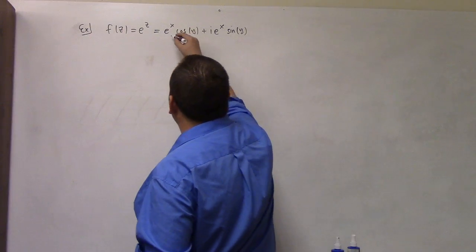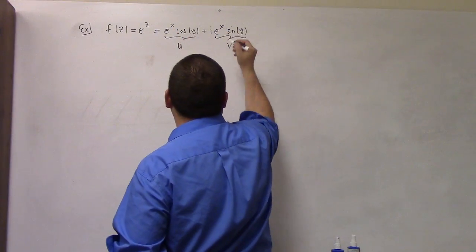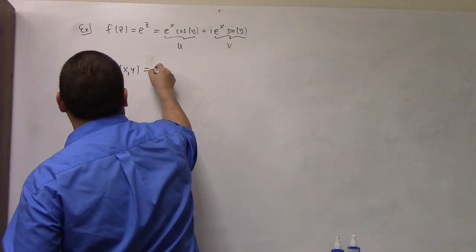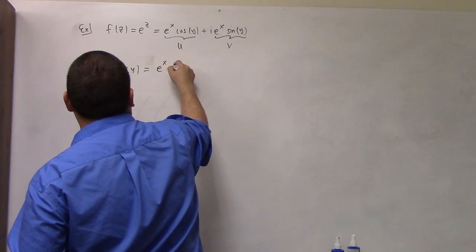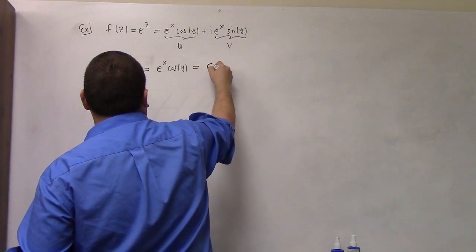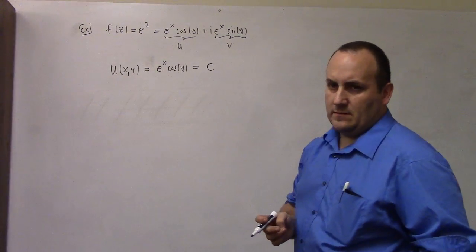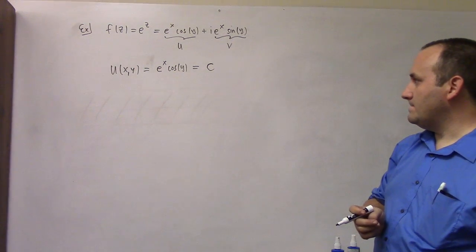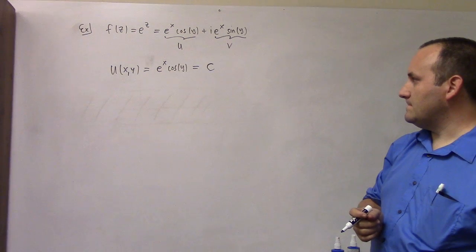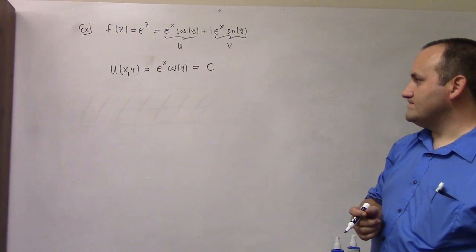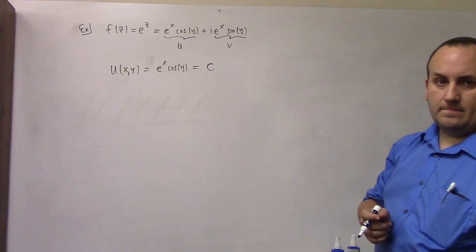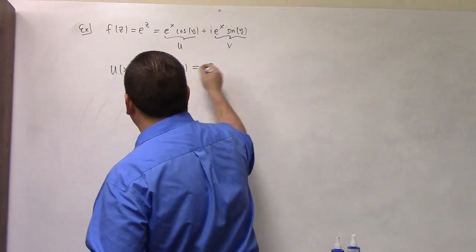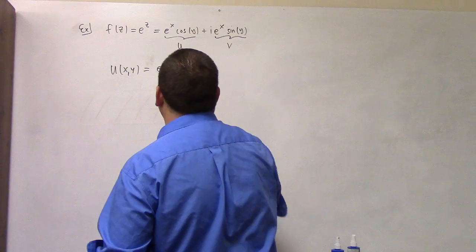All right, so if I look at U, if I look at V, let me just ask the question. If I look at U of x comma y equals a constant, what does that look like? Does it look like anything geometrically? I don't know. Visualize that. I could take the log of both sides, I suppose, supposing C is positive, but